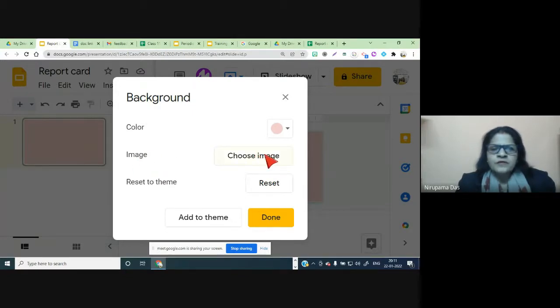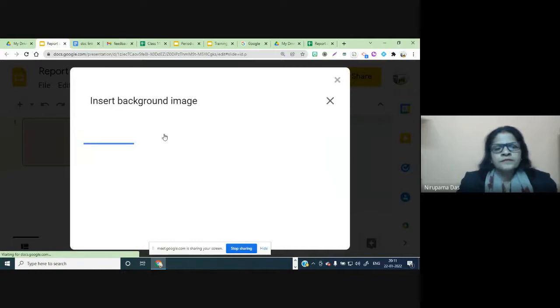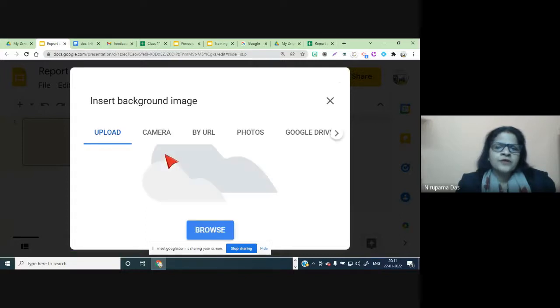Any image means a watermark or something like a school logo, that can be done also. Just choose image, if you want your report card to contain your school logo. I don't have any logo here. Just let me show you, then you can check it.